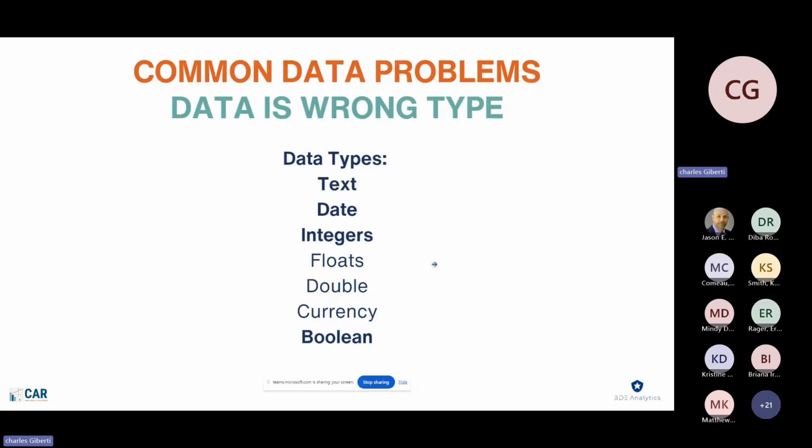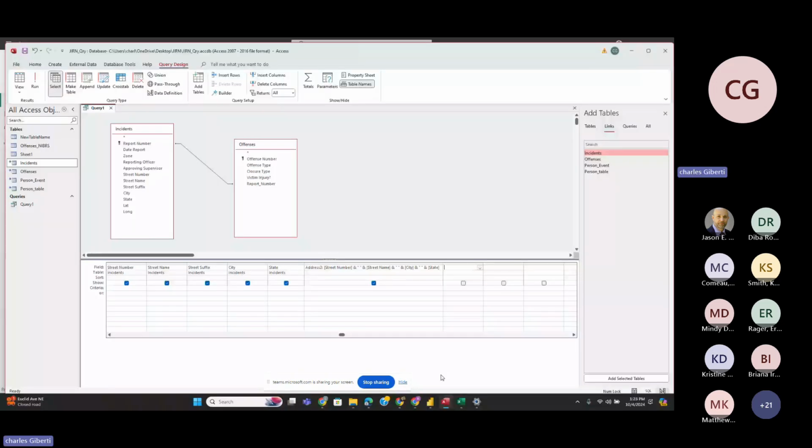If we wanted to do that inside our query, let's say that we wanted to trim the offense code or the offense type to make sure that any visualizations we were going to do later were going to be accurate and not inaccurate because of leading or trailing spaces. I can just come in here to my blank field. I'm going to give this field a name. We'll call it trimmed offense. I'm going to type in trimmed offense, and put a colon there just to indicate that I'm creating a new column called trimmed offense. And then I'm going to call in the trim function by just typing the word trim and opening a